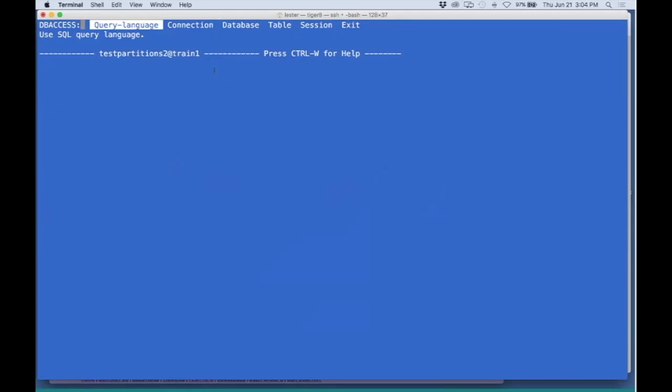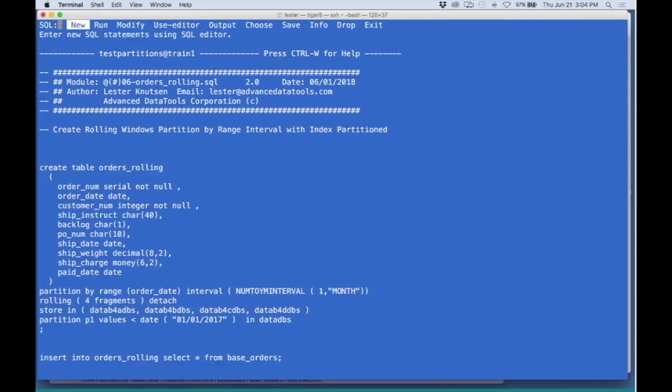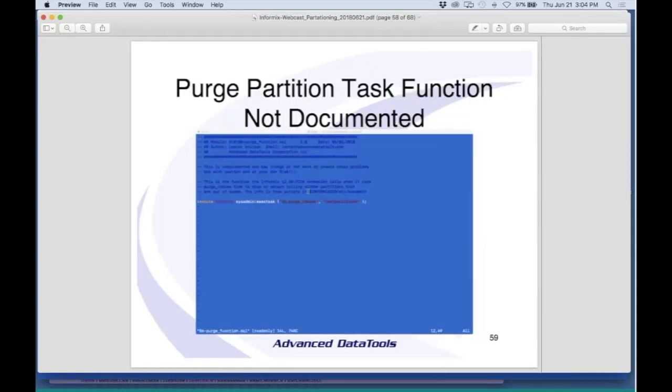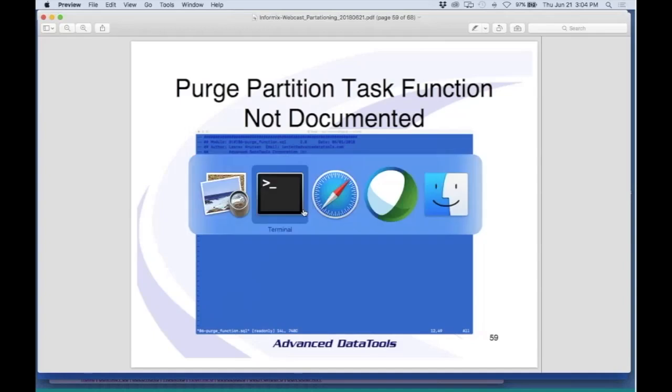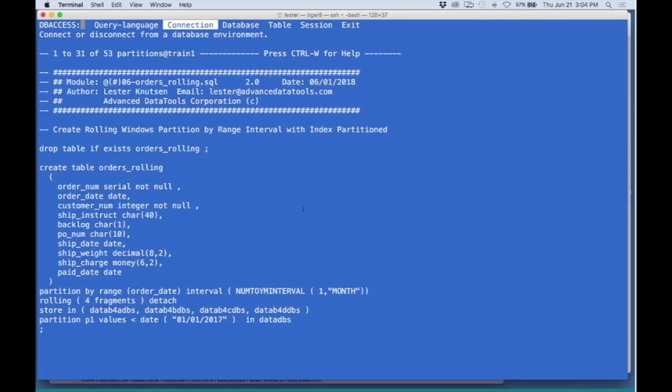But behind the scenes, the scheduler calls a function called db purge tables. And I'm in the right database. Let's go to the purge function. Okay, here it is. And you notice there's a new thing called exec task in the sysadmin database. This is undocumented. And I'm telling it to run db purge tables on the test partition database. And what it's going to do is go out there and